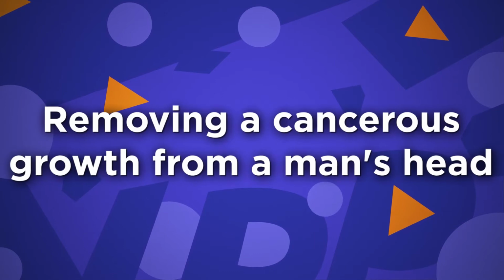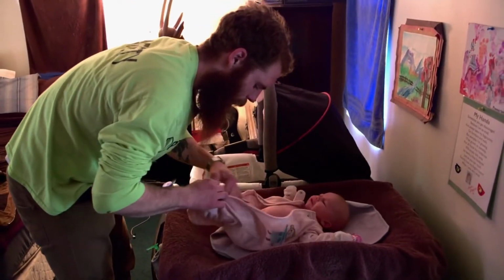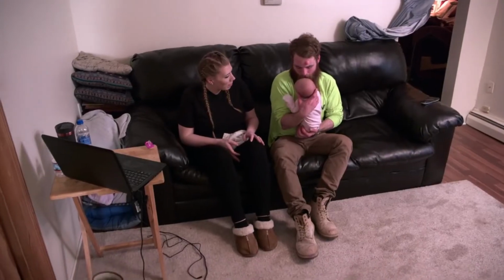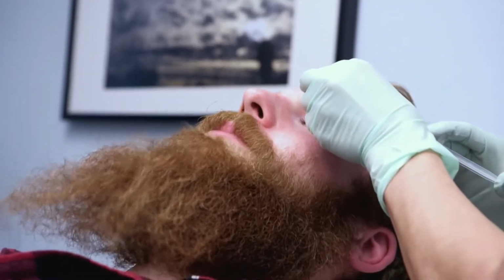Number 4. Removing a cancerous growth from a man's head. Dr. P's TLC television program may be over, but she's still sharing photographs to her Instagram account that are so filthy you can't look away. Sandra Lee posted a series of photos on Wednesday, showing her work on a skin cancer patient. Keratoacanthoma is a skin ailment that causes a swollen and red lump. These kinds of minor carcinomas, according to Lee, aren't life-threatening, but may certainly grow very quickly and so be frightening